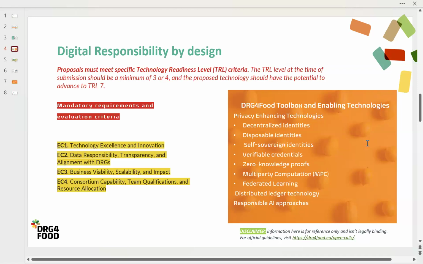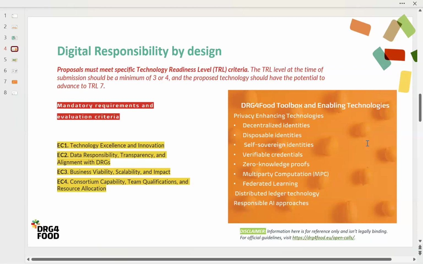We are looking for the technologies mostly regarding privacy enhancement, distributed ledger technologies, responsible AI approaches, and similar. The list that you see here on the screen is only a tentative list, what we expect. Of course, we welcome other technologies as well.